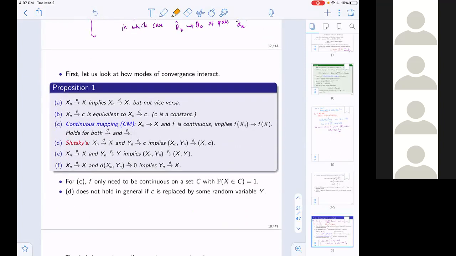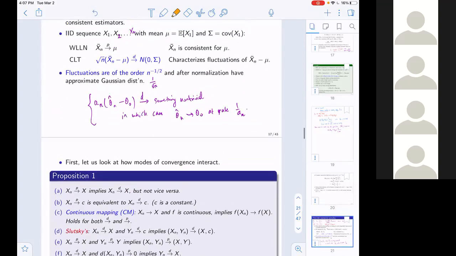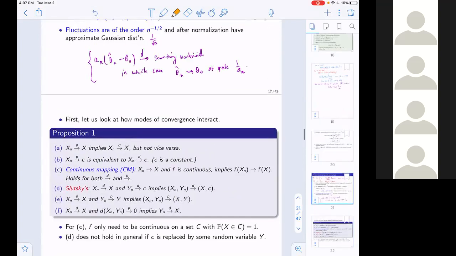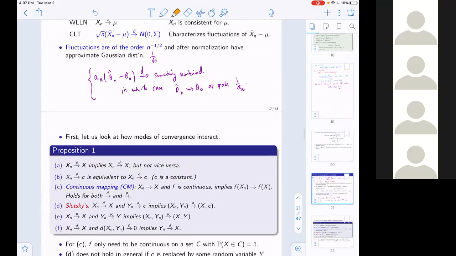So let's move on. Before we can prove results like this for a general estimator, we need some calculus to actually translate CLT results to other scenarios with ease, just like you develop a calculus for manipulating differentials and integrations. So you don't have to compute the derivative of every function from scratch. If you know the derivative of a couple of functions, then you use the properties of the derivatives, like chain rules and stuff like that, to compute new derivatives. You can do the same for